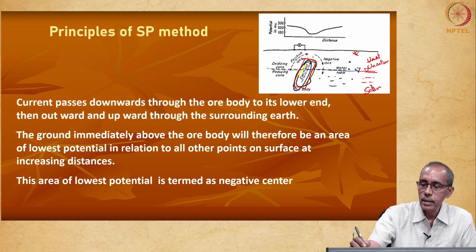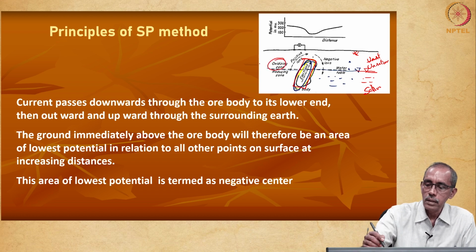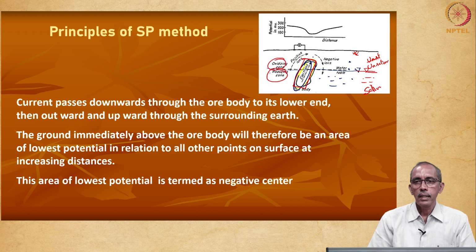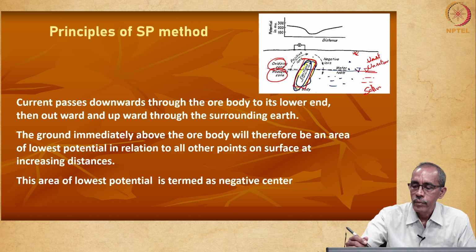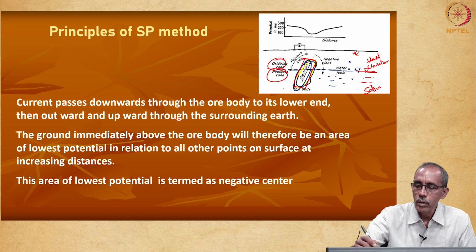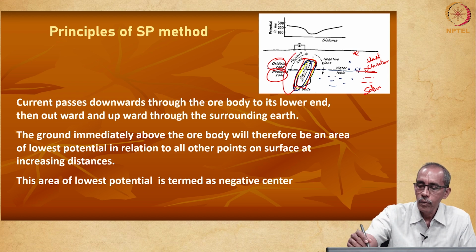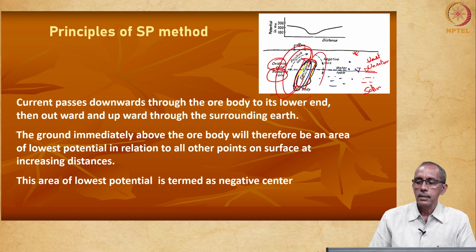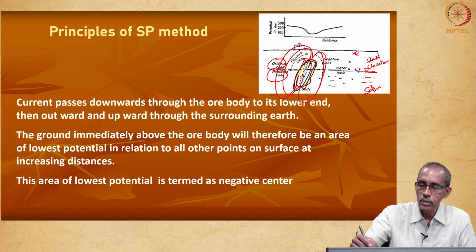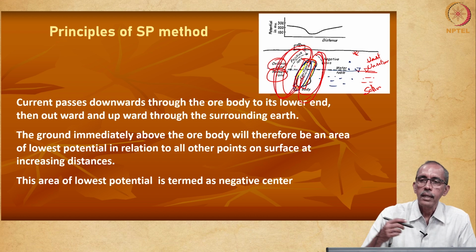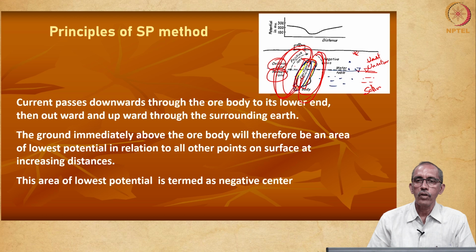Part of the mineral body is in the unsaturated zone, part of the mineral body is in the saturated zone. So above you have an oxidizing zone, below an oxygen-less zone, that is the reducing zone. This makes the whole region function like a battery. So the ions are moving like this, and this generates some cell potential. The ions are moving like this, or the current is flowing as I have drawn.